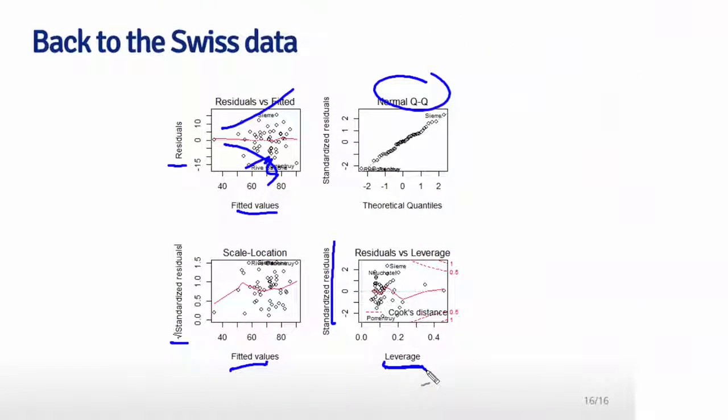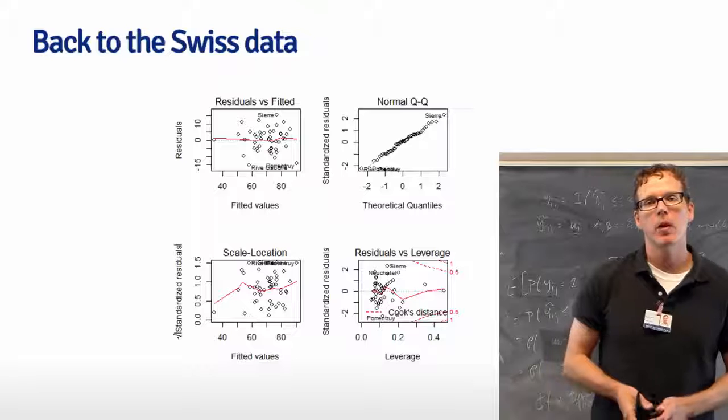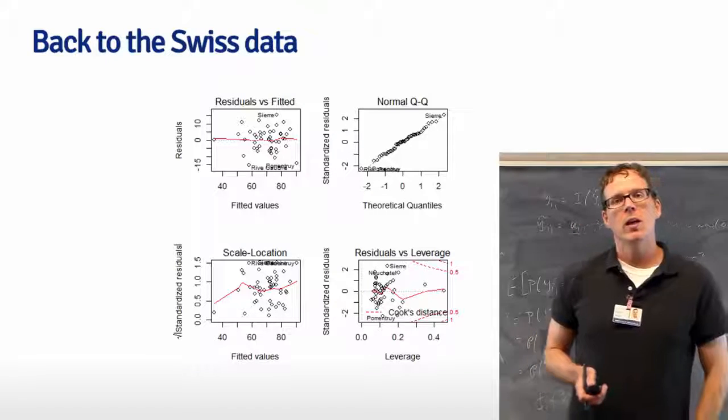If you had plots like this and you have one very high leverage point and you get something like that, that point might have a very small residual, while it happens to have a very large leverage. Or you might have an instance like this where it's really impacted the regression line, it still has high leverage and also has a high residual. So at any rate, these are just a couple of examples of the kind of plots you might want to look at. In this data set, none of them seem to look too inherently bad,